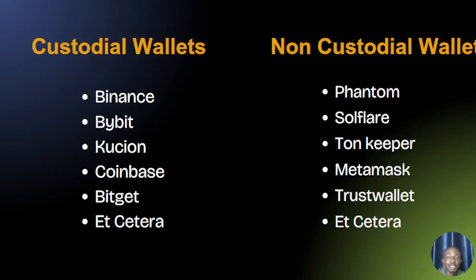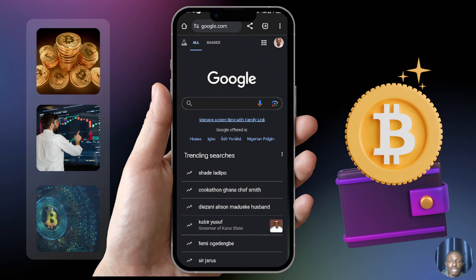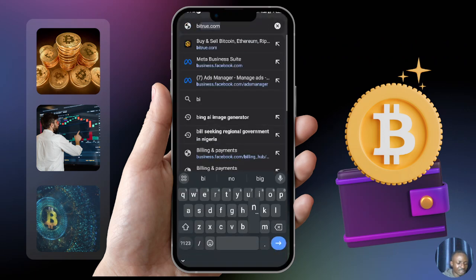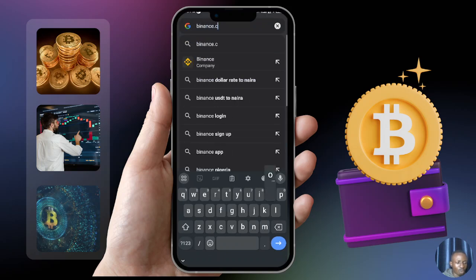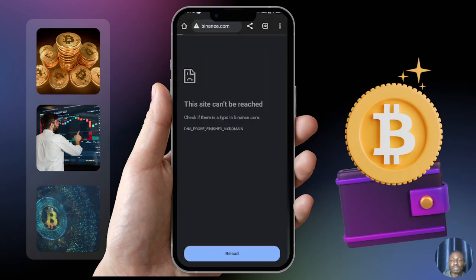All right, so now let's get started with Binance, right? How do we create an account on Binance? You can go to your browser and type binance.com. So once you go to binance.com, right, this is actually not opening currently because there's this issue with Nigerians